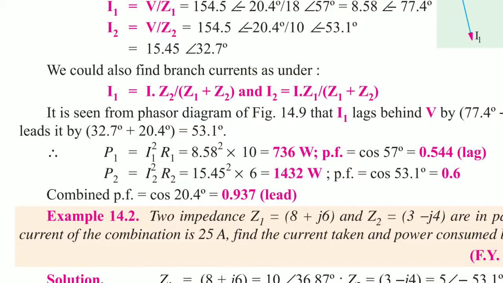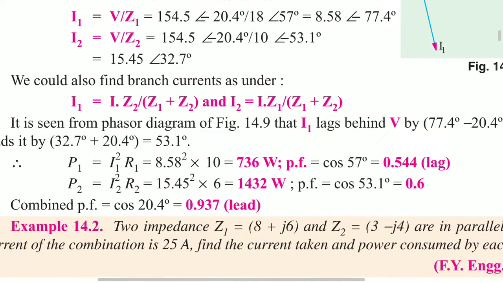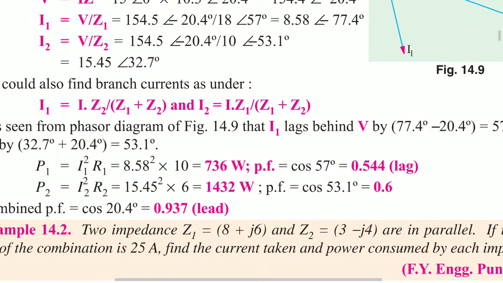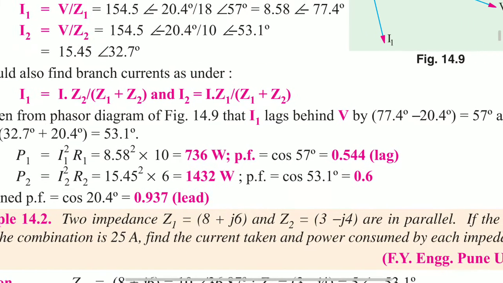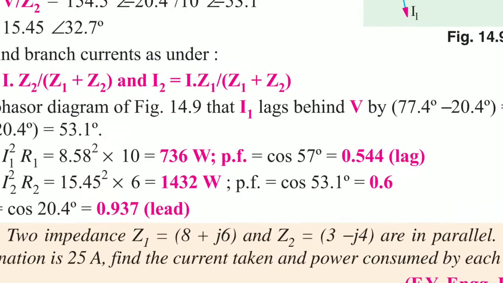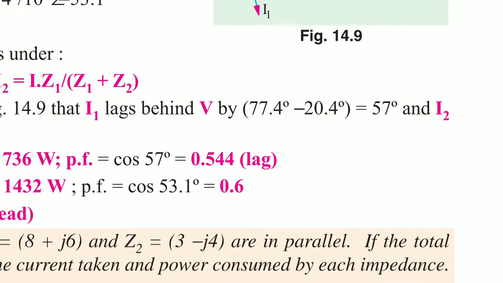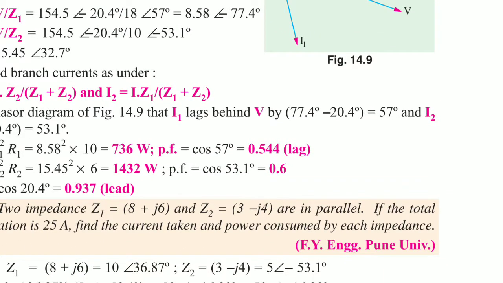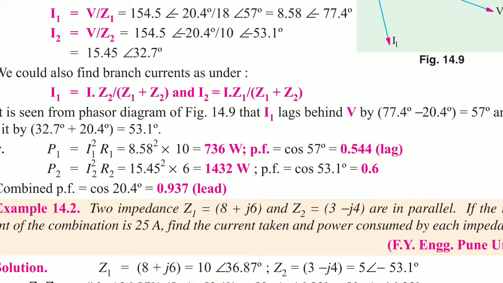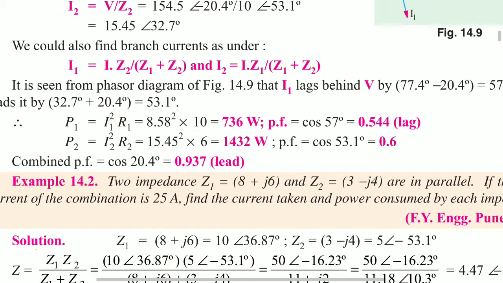So how do we get this 57 degrees? I1 lags behind V, so that means 57 degrees. Observe this: I1 lags behind V by 77.4 minus 20.4, which gives 57. So that is cos 57, which is 0.544 lag. P2 is equal to